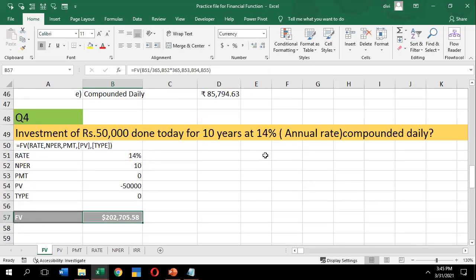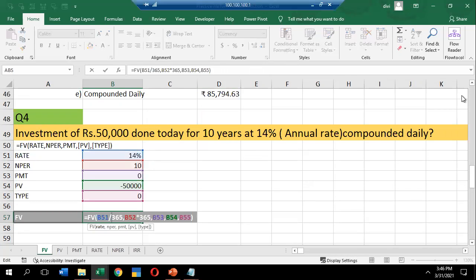Okay, so let me come over here. Let me write the function. Let me delete it. I don't want it. So I just explain here. The investor invested 50,000 today. So what is the actual value?